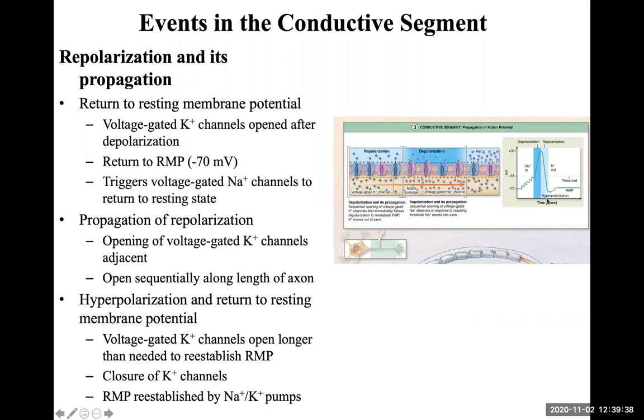The time during which an action potential is taking place, that's called the refractory period, right? And during the absolute refractory period, you cannot generate another action potential. In order to generate an action potential, the cell has to be at least at its resting membrane potential. And in this case, with the neurons, it's -70. Then during the hyperpolarization event,